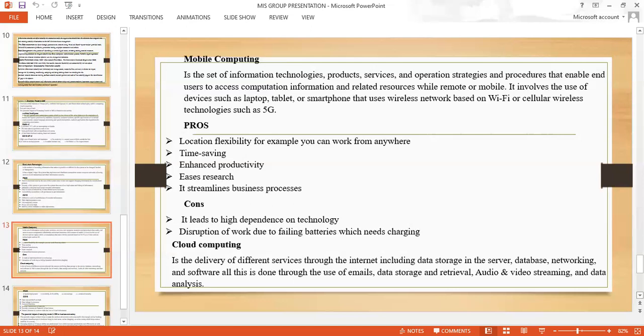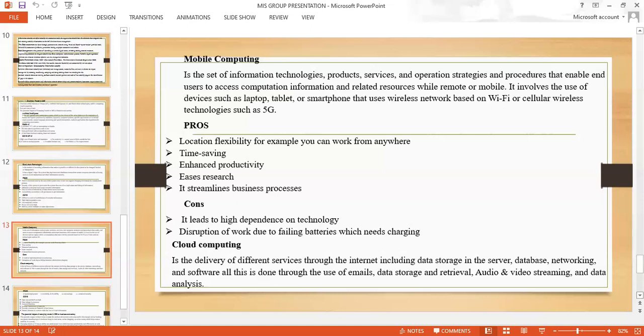Advantages or pros: flexibility. It can work from anywhere. You can do the work wherever you are seated, provided you have the internet. It's time saving. Instead of moving around, you just sit in the same place and save on time. It enhances productivity. It eases research. Instead of moving around to look for data, you can just use your mobile system to get the